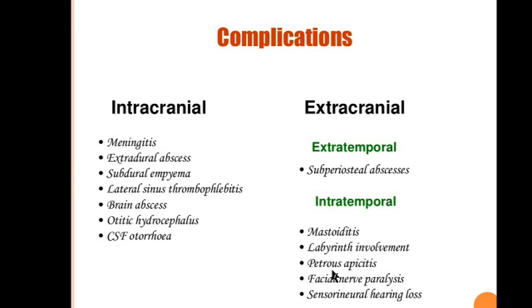Petrous apex. What is petrous apex? Petrous apex is the bone. For this you have to study the skull base. You have studied it. This petrous apex is a very important structure. Why? Because many cranial nerves are passing through that part in close proximity. Then facial nerve, and sensorineural hearing loss because of cochlear involvement. So all these are intratemporal complications. We are more concerned about these complications because they are immediately adjacent and they are also more common.